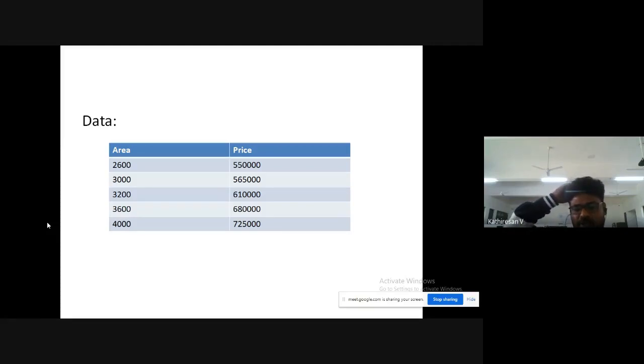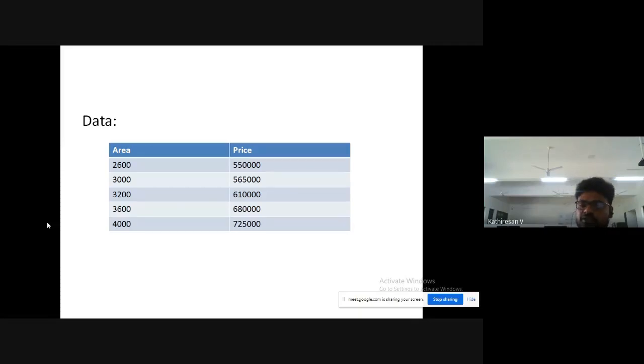Otherwise, we can call area one column and price another column. It is home-based real estate data. If the area is 2600, the price is $55,000.